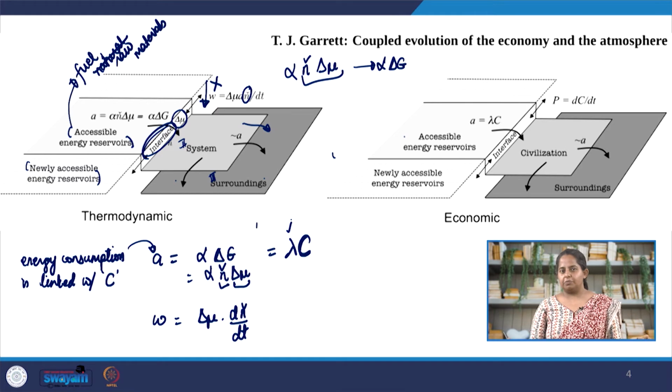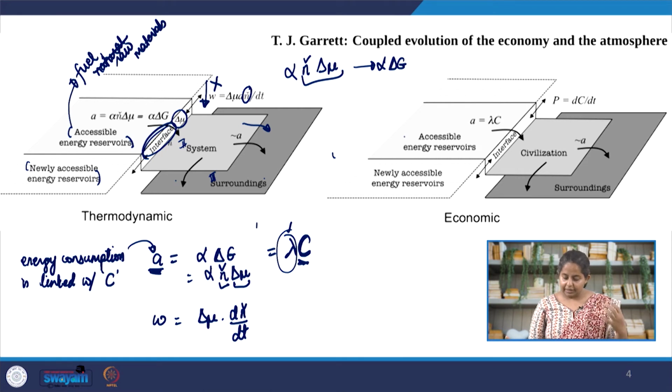The premise of this model is that lambda is constant, and very soon we will see that the author took up data for many decades and saw that lambda here has been quite constant over many decades. If this hypothesis is not true, then we can reject the whole model. But so far, this hypothesis is true, which is that a certain amount of energy consumption is required for a certain amount of increase in global prosperity when we have accounted for inflation.